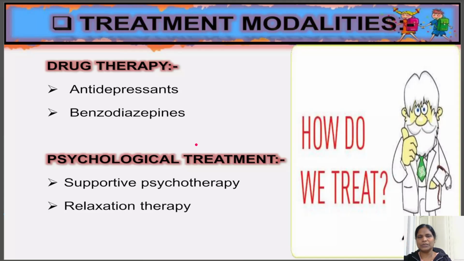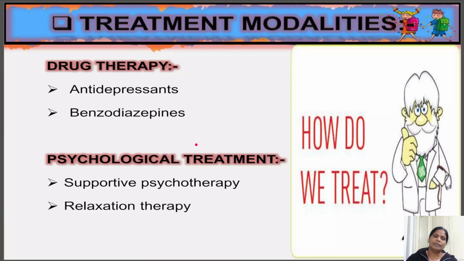If you watch my previous videos, we have gone in detail regarding antidepressants in our video on depression, as well as regarding benzodiazepines. We have seen in detail in some of the neurotic conditions like generalized anxiety disorder, OCD, then phobias, etc. In all those videos we have seen about benzodiazepines. Please go back and review those